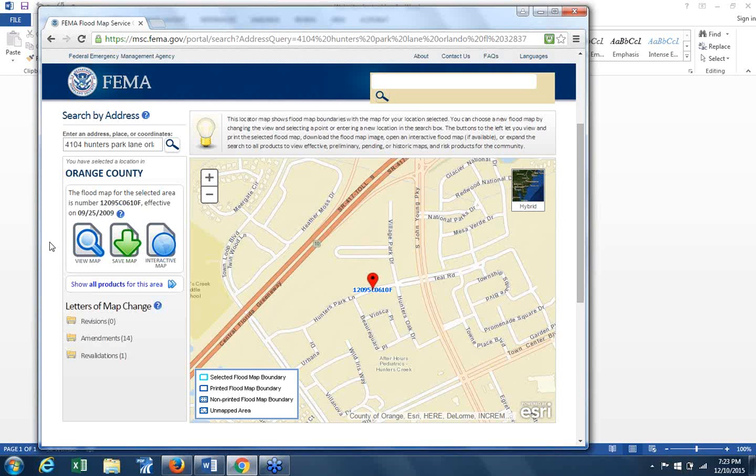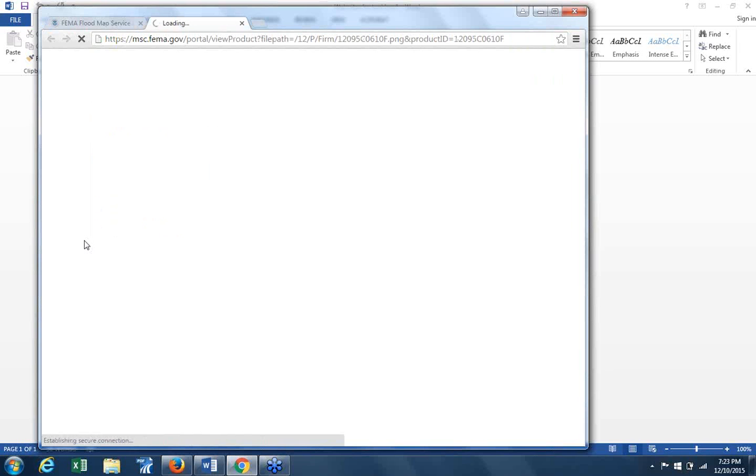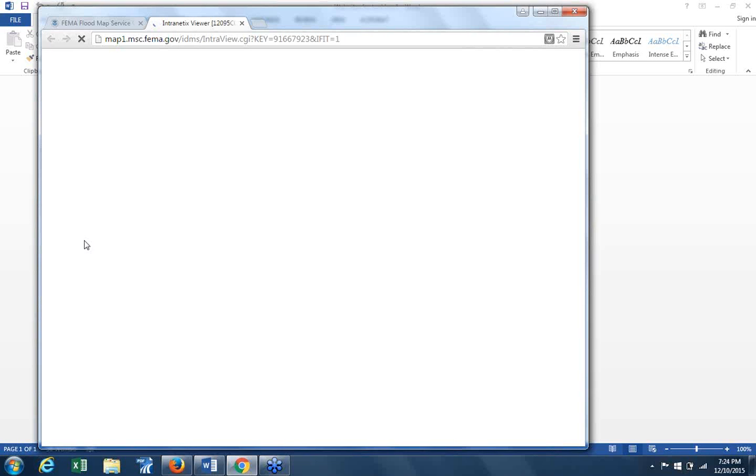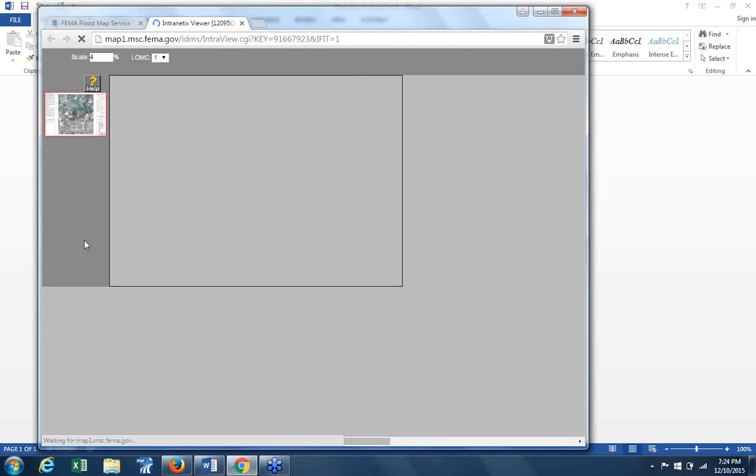Okay, so I type my address in, this map came up, and I go to View Map, and it's going to bring up the section where that address lays, and it'll be highlighted areas where the floodplain is. It's going to be a visible map, and it'll have a code in there, Zone A, what have you. It could have other zones as soon as this loads up. And you can zoom in and read the legend. I'm just going to show you real quick what it looks like. And you can very quickly look, it's an aerial, and see if you are in the floodplain. It's coming up now. So that's a thumbnail of what it looks like.